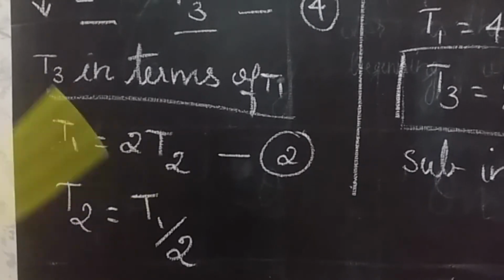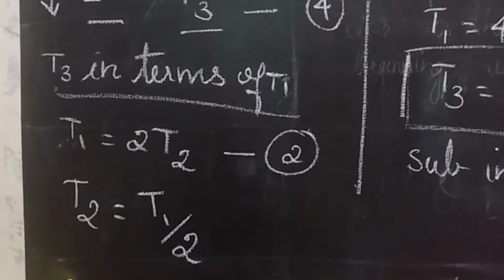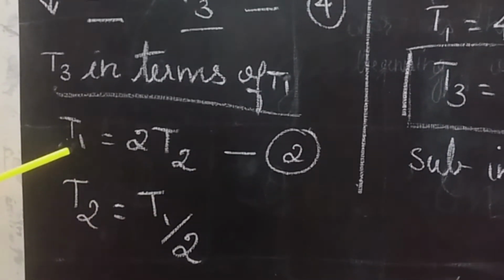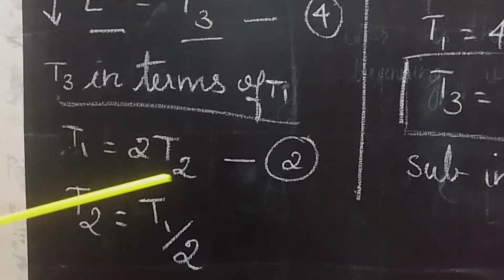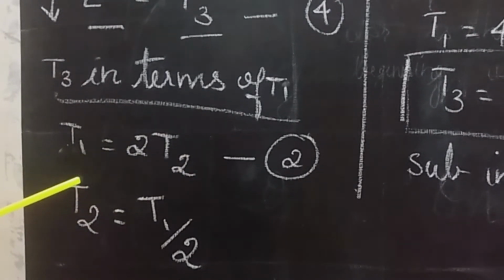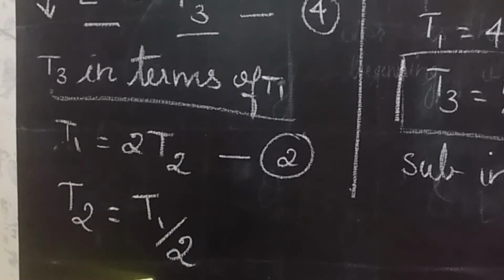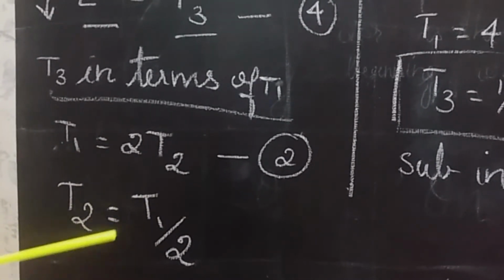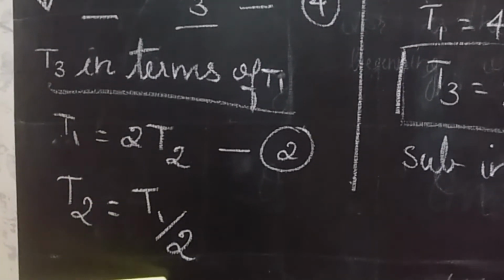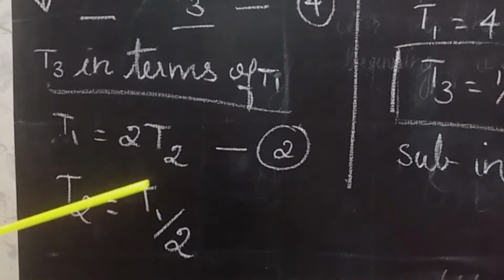Only when L and E are in a single term can we substitute and find the value of mechanical advantage. So I am taking the second equation, that is T1 is equal to 2T2. How can I write T2? I will simply take this side, so my T2 is equal to T1 by 2. Why am I doing this? Because I want to convert everything in terms of T1. T1 is nothing but T1, and T2 is equal to T1 by 2.